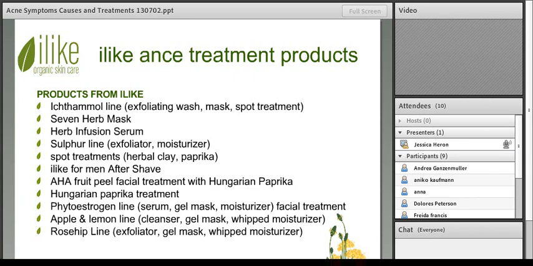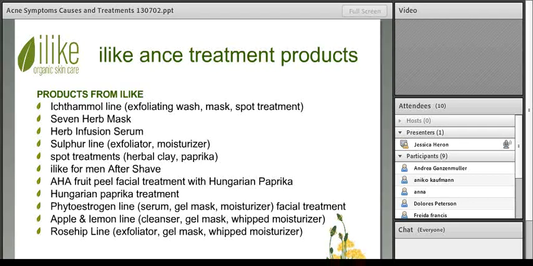The rosehip line: you have your rosehip exfoliator, your rosehip gel mask, and your rosehip whipped moisturizer. Although this product line is number one for our rosacea clients, clients that have rosacea associated with acne, or papular rosacea, will benefit from using our rosehip line. They have more of a lighter, mattifying texture, and also have clarifying benefits as well,